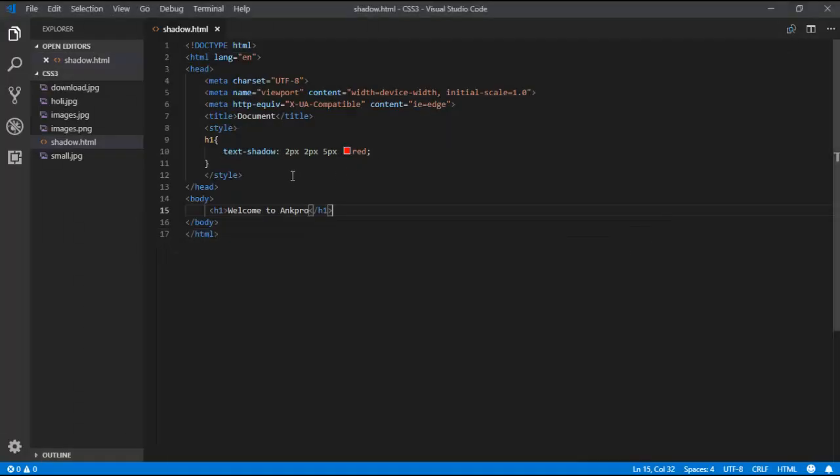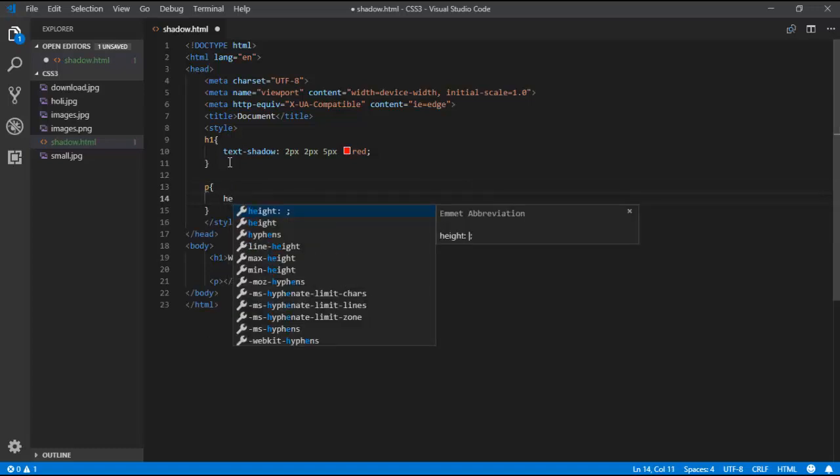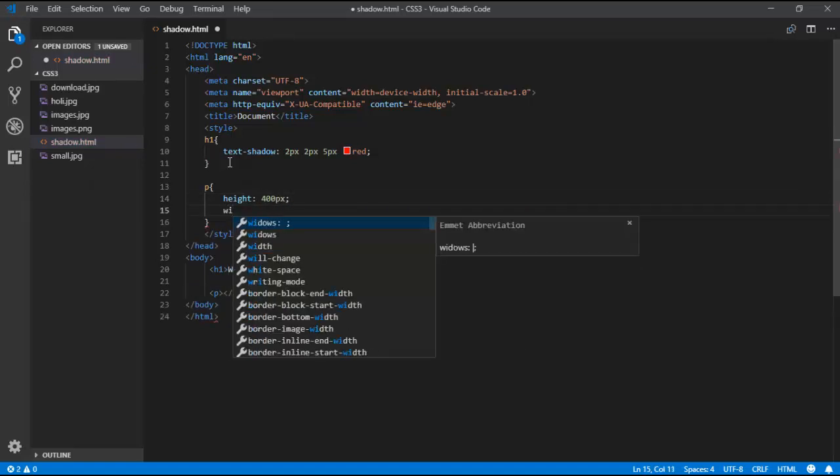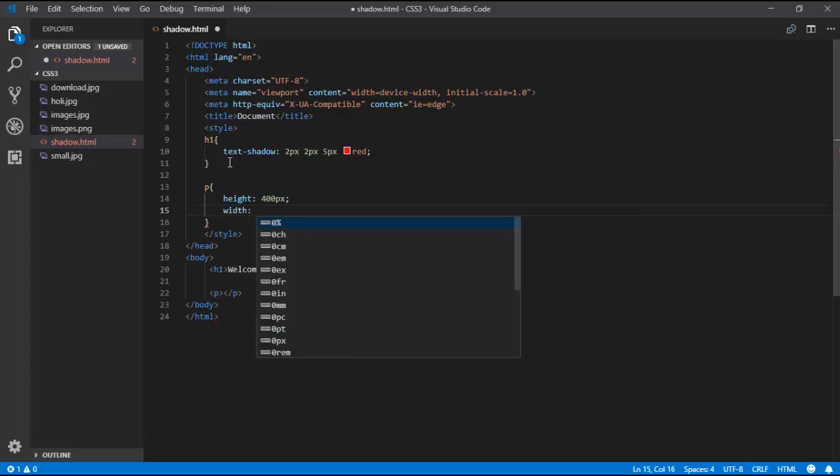So this is the one property using the text shadow. So let's go for the image shadow as a box shadow. For that I'm just taking a p tag, a blank tag. Inside the CSS style I need to apply, I'm just creating one border for this p tag. I created a height of 400px, and I'm taking a width also of 400px,